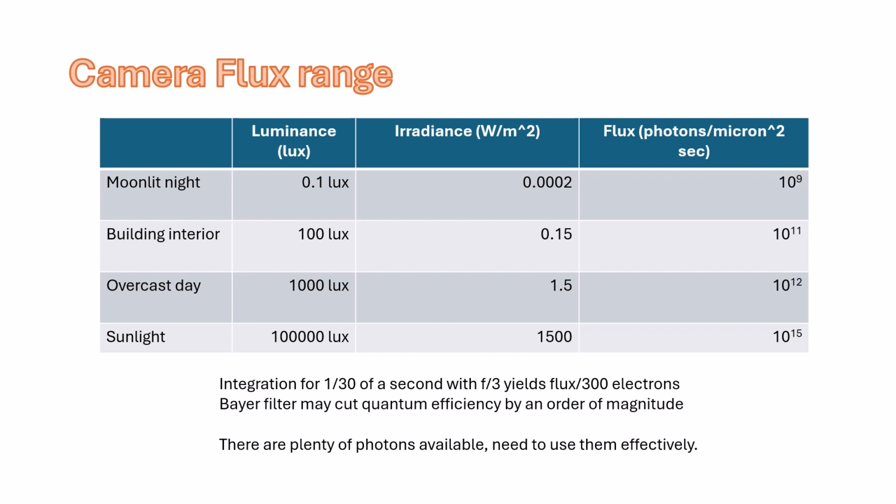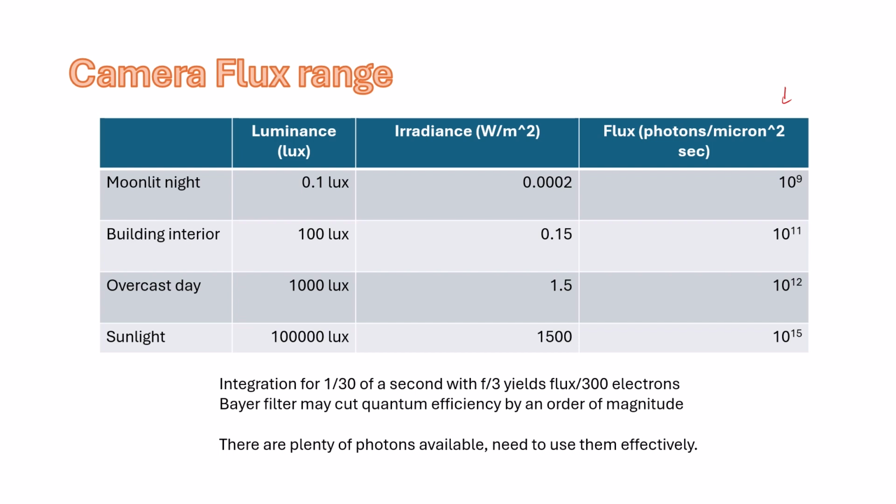We think about what this means for the number of photons available for a camera looking at these various scenes. The key point here is to look over on the right column, where you see that the number of photons per pixel, basically per micron squared, is large. So it's a billion even in fairly dark scenes. Now, of course, if we measure at a 30th of a second,